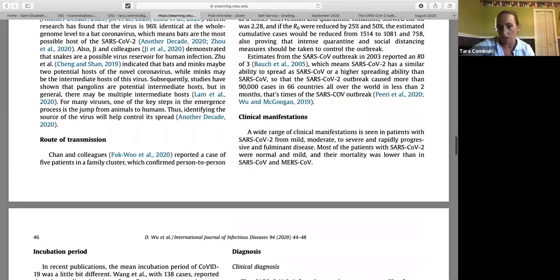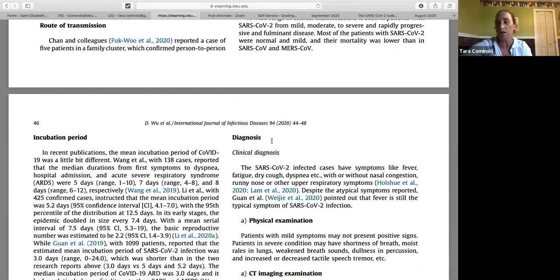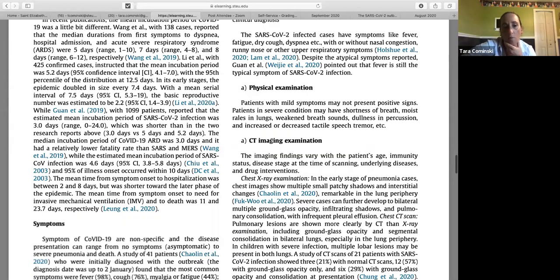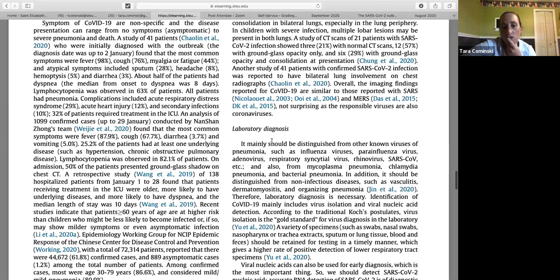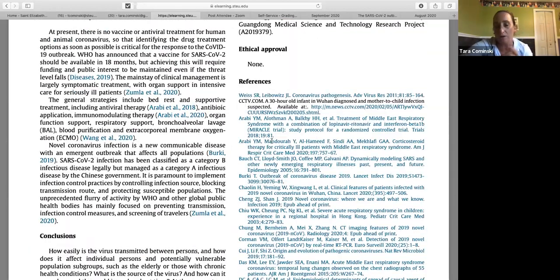Clinical manifestations, okay? I think it's super important because this really brings up all the different things that we're going to talk about when we talk about different diseases. This gives you a nice overview related to COVID. Okay, so that's one thing, and I'll probably send you guys a little announcement or email just to remind you what you need to do before Monday. But let's read this, maybe take a few notes, and be prepared to talk a little bit about it at the beginning of class on Monday.